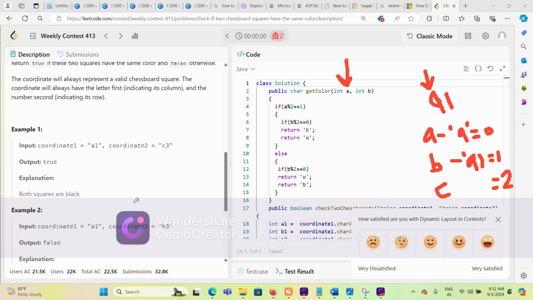And b is, anyway, already a numerical number, so we can just do character 1 minus character 0, because this is coming from a string, right? So we will get the numerical equivalent of both for a coordinate. Now see here, we are checking if a%2 is 1, basically if the first coordinate is